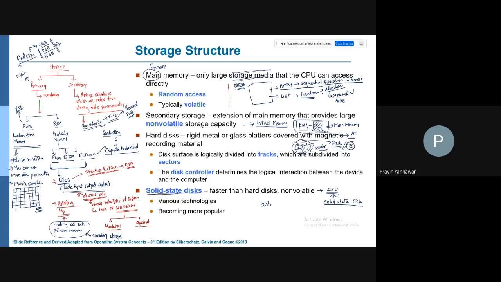You can take these optical disks. You can use optical disks such as compact disks, CDs or DVDs. Then apart from this, you can have removable storage media. Okay, so these removable storage media, for example, you can go with